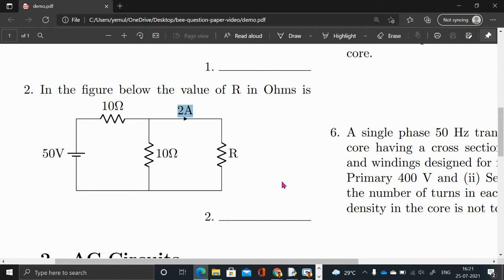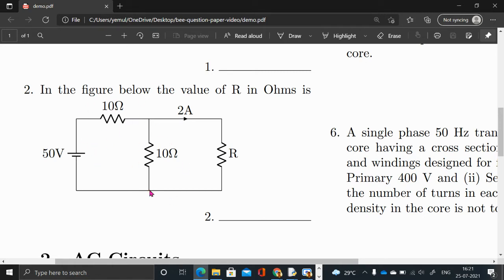Here we can decide, how do we solve this problem actually? If I remove this load resistance and find the Thevenin's equivalent of the rest of the circuit, because these two values are the same, the voltage will be divided by half and the resistance also will be divided by half, and equivalently it becomes a single loop circuit.